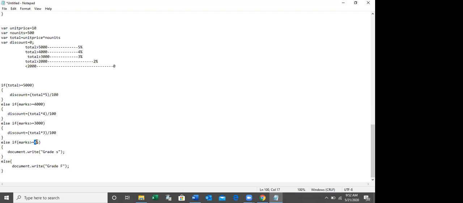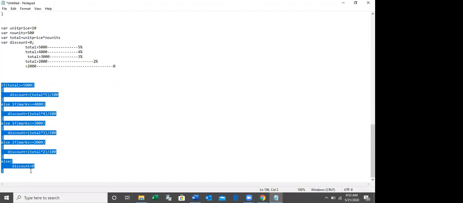Then 2,000. Discount is what? 2%. Right? Finally, the discount is 0. Right? But here you won't get any output because you didn't display anything here, right?